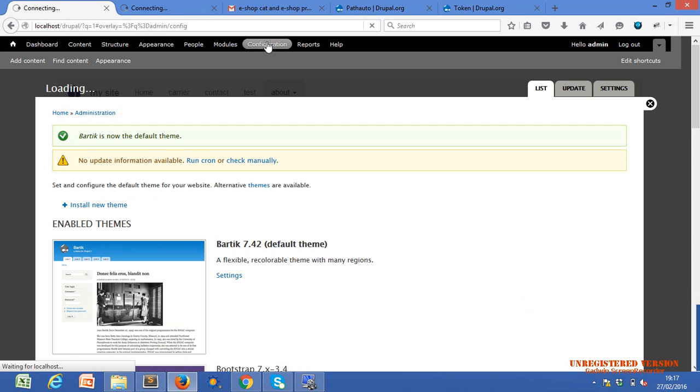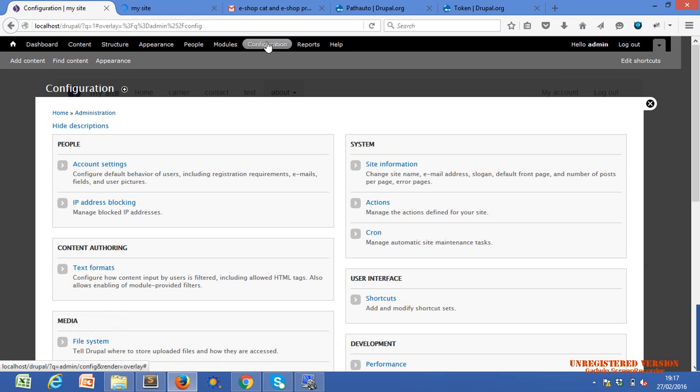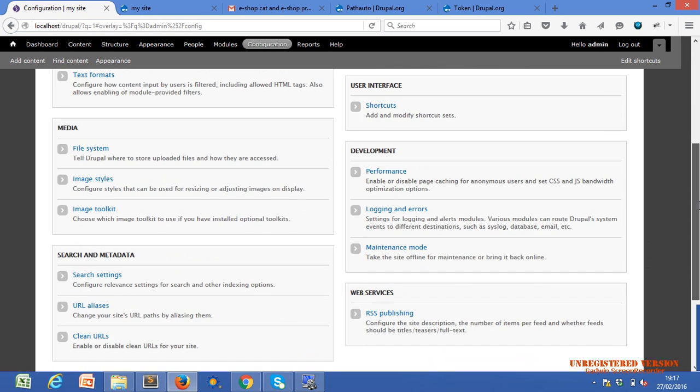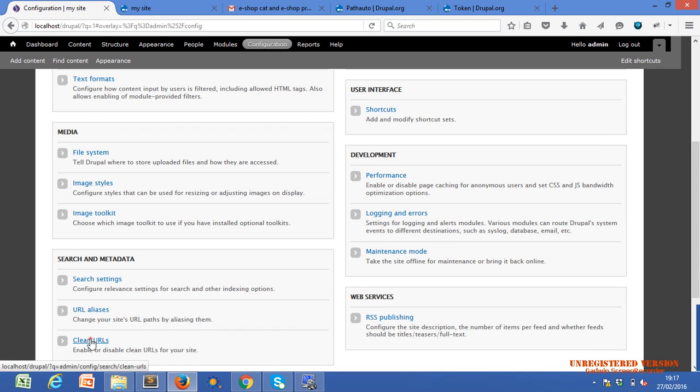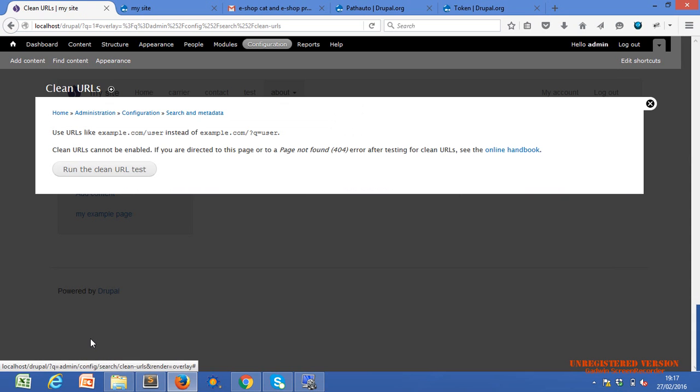So dashboard, configuration, and go to configuration and clean URLs. We should enable clean URLs, or we said just clean the URL, then only it will work. Just click on clean URL.